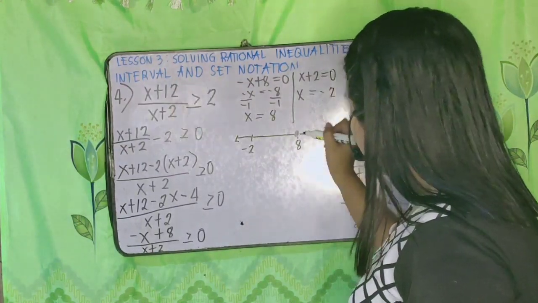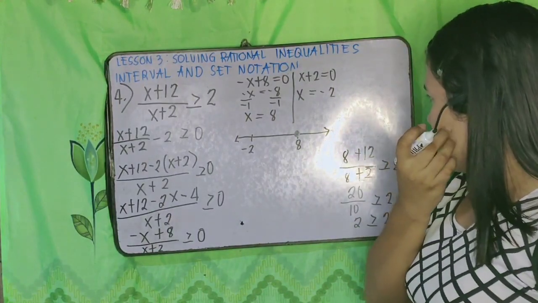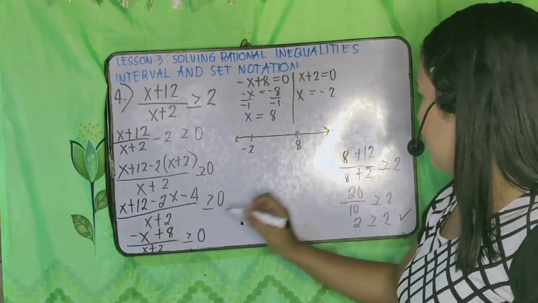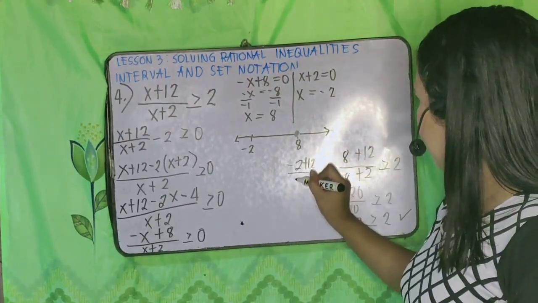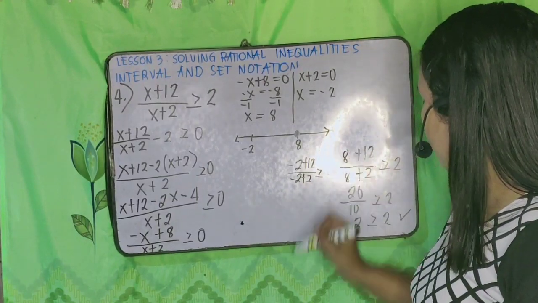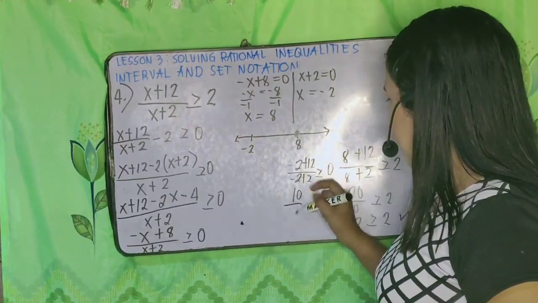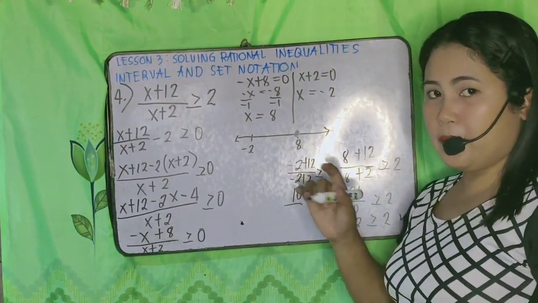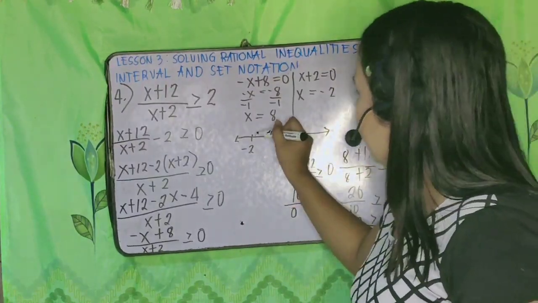Kasama siya sa solution, which is shaded circle. So, now, itry po natin is yung negative 2. So, again, so x, palitan natin ng negative 2 plus 12. Then, negative 2 plus 2 greater than or equal to 0. So, negative 2 plus 12, our answer is 10. Then, ito po, negative 2 plus 2. So, di ba, ang sagot yun is 0. So, pag 0 yung sagot, alam nyo na, wrong yan. So, meaning, yung 2 is